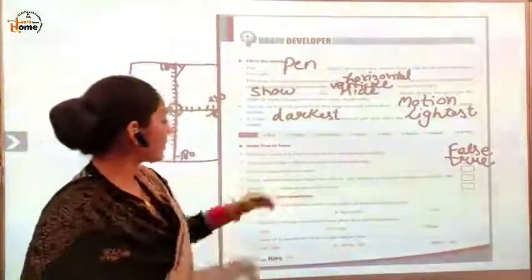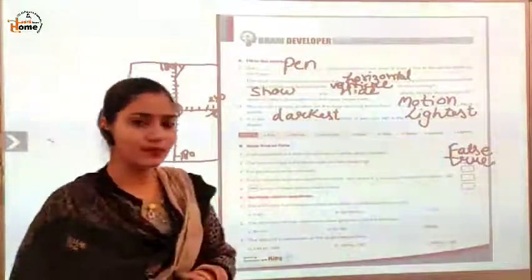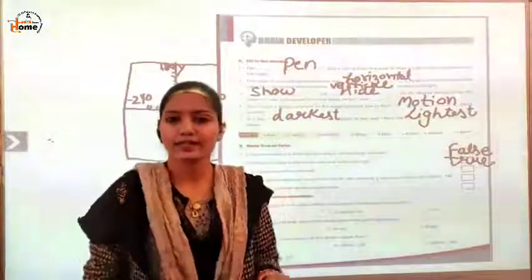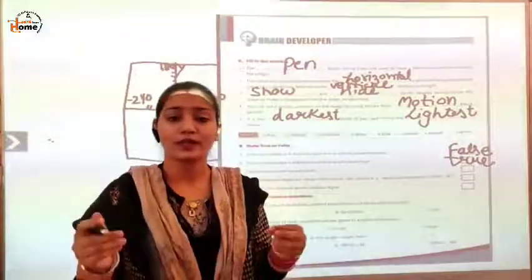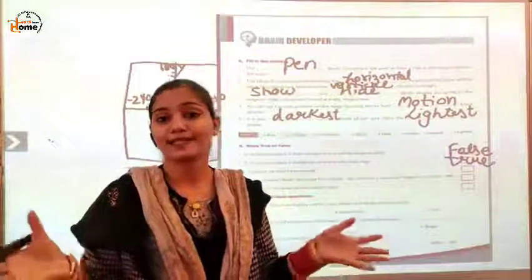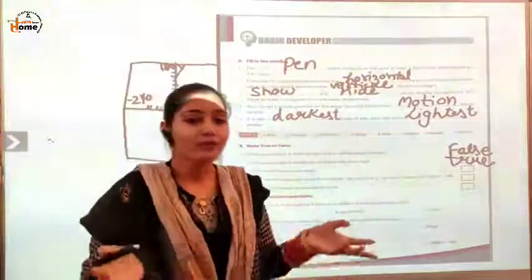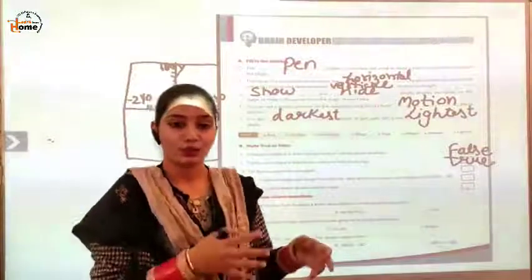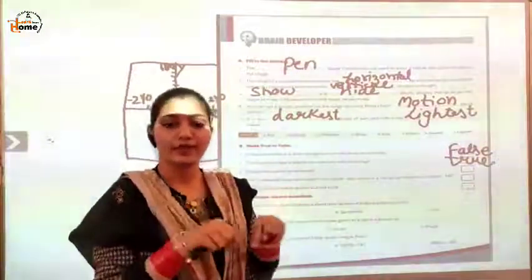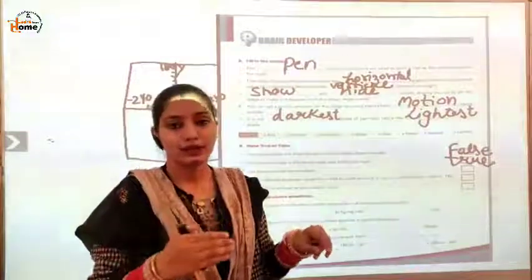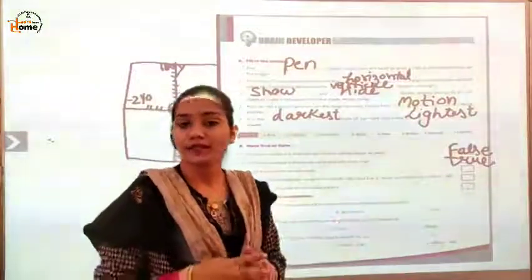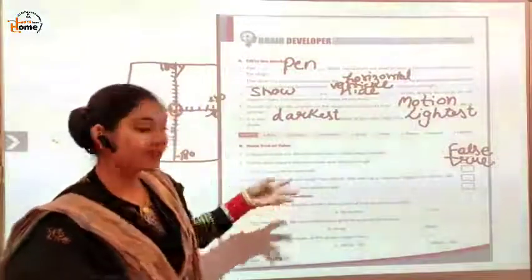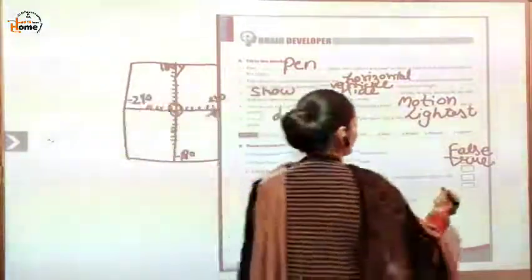Next, the cat sprite cannot be removed. Is it so? Can you remove the sprite or change the sprite? Yes, you can as many times as you want, and you can even choose as many sprites as you want. So the cat sprite can be removed easily. How will you remove the cat sprite? You will click on this sprite, click the info pane, right? And you will select delete. It will be deleted and you can select a new sprite, right? So this is false. The cat sprite can be removed.